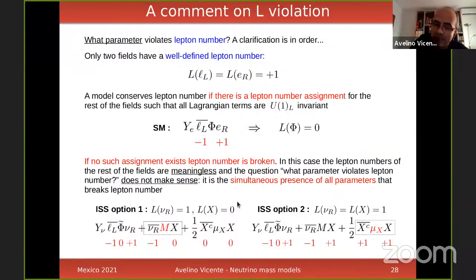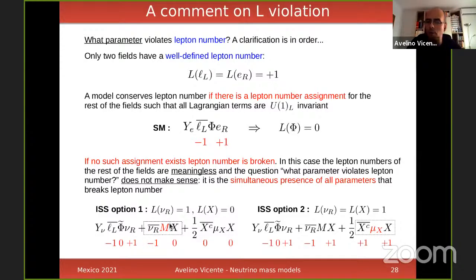Of course, it doesn't mean that this is the assignment that conserves lepton number. I just tried one of them. Now I say, okay, let me try with both new lepton numbers equal to 1. Then again, the first parameter conserves lepton number, the second conserves lepton number, and the third violates lepton number because you have +1 and +1. In that case, you would say that this is the parameter that breaks lepton number. But it is a matter of taste, if you want. It doesn't make any difference whether you assume that this is the parameter that breaks lepton number or that one is.